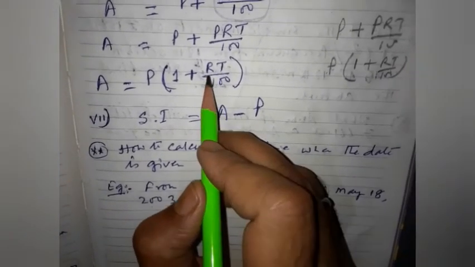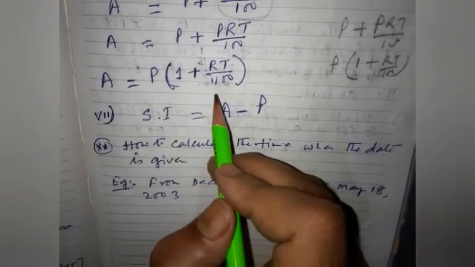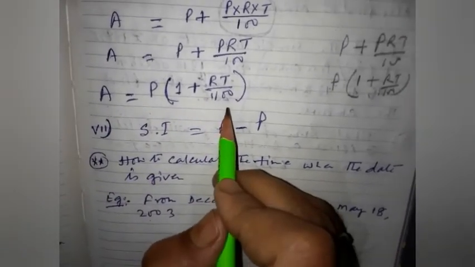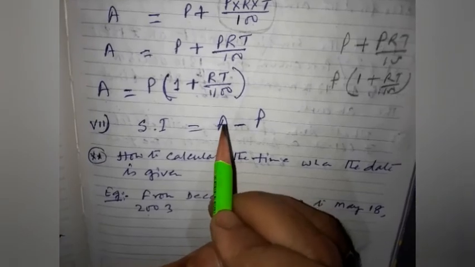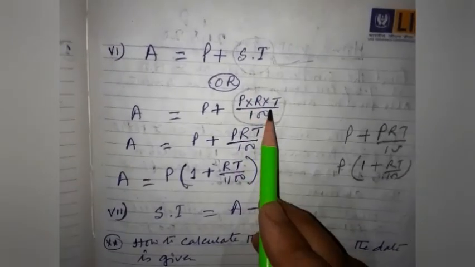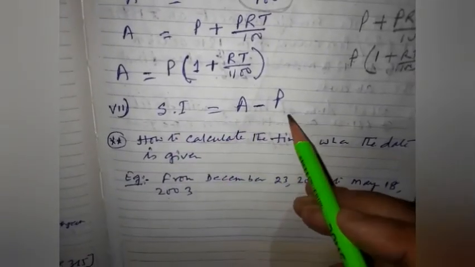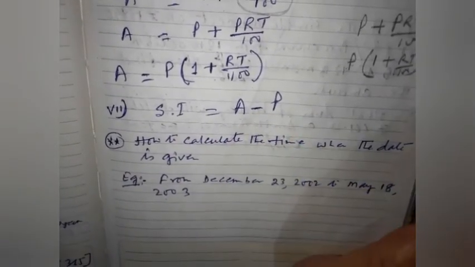So where the rate is given to you, time is given to you, amount is given to you, you can find out the principal the other way also. Whichever way is easy for you, you can calculate. But I explain to you, no need to learn this formula if you know how to find out SI with the relation. Then the last thing, SI equal to A minus P, amount minus principal, is already known to you.